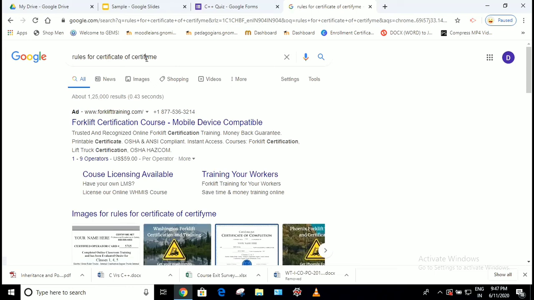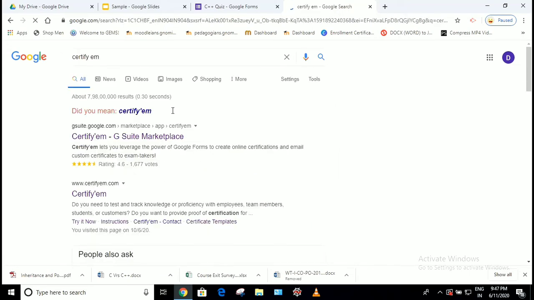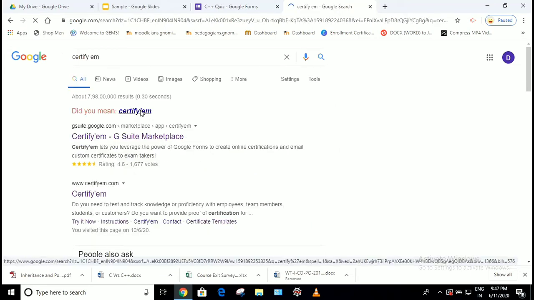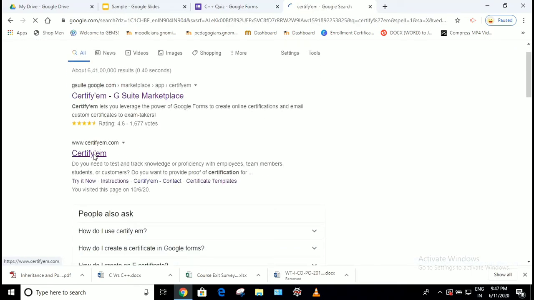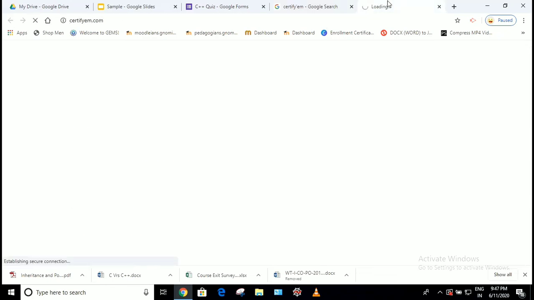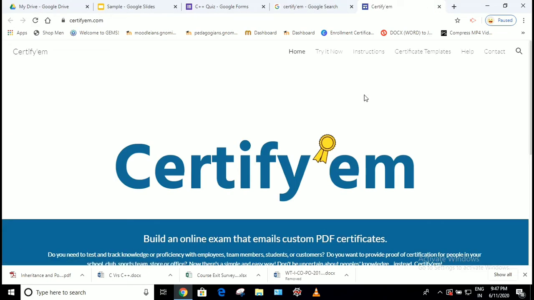you will be redirected to the Certify EM site. So you can see here Certify EM. You can click on this website and check the rules for creating the certificates.